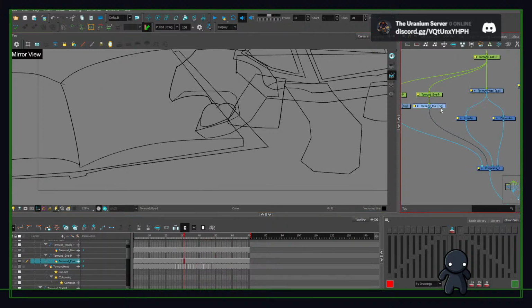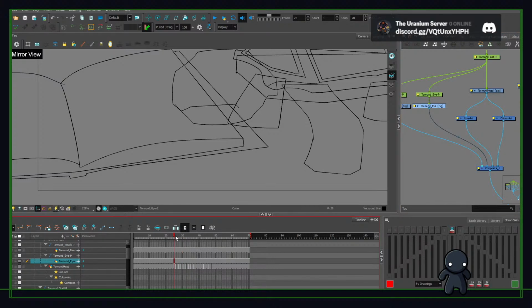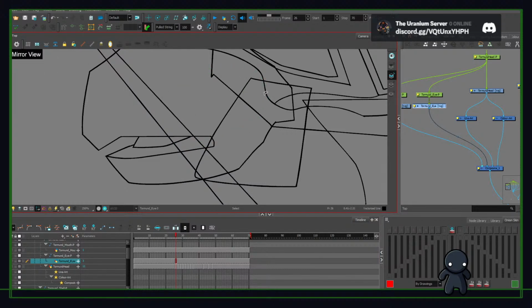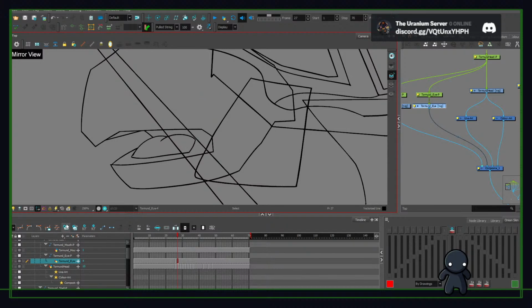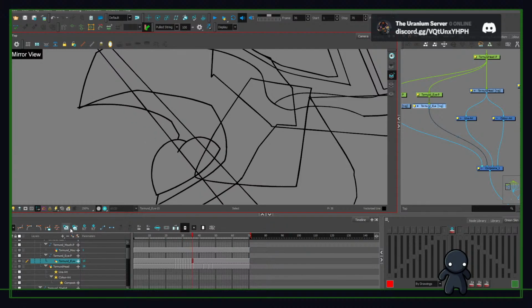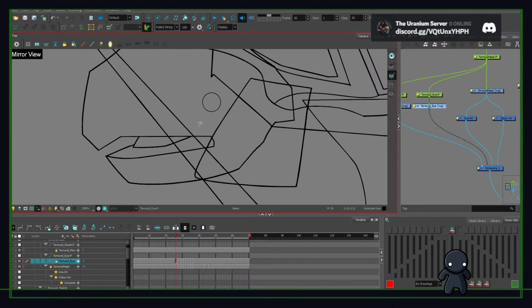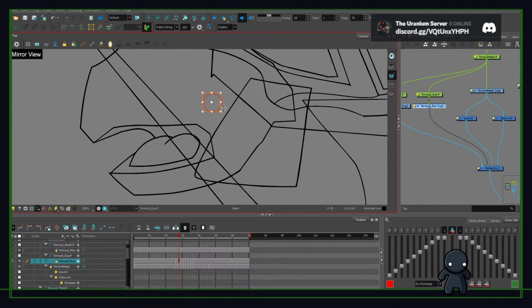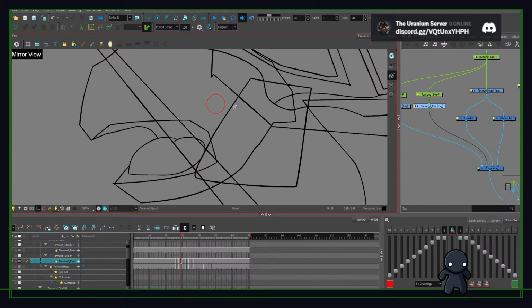I just need to add the eye, though. So the eye... What am I going to do with the eye? Am I just going to copy the drawing again and again? You bet your ass. Yes, I'm going to do that. So let's copy this guy and bring it here, and then create one different drawing for each, and then slowly but surely move it around. So from here to here I can keep it still, but then in the next one I'm going to start moving it around a little bit. And I'm going to go like this, maybe like this, like this,